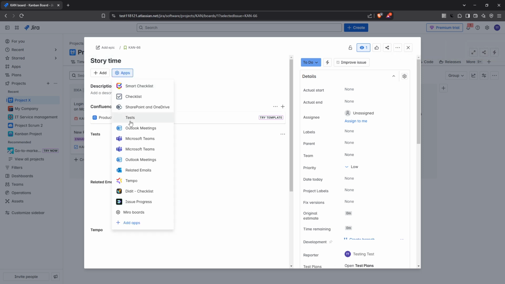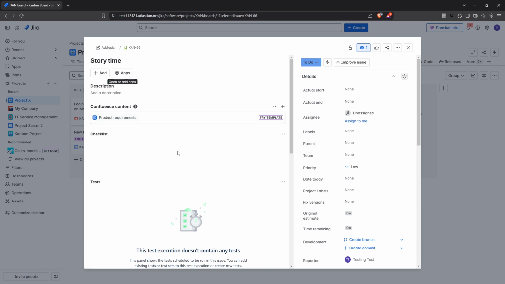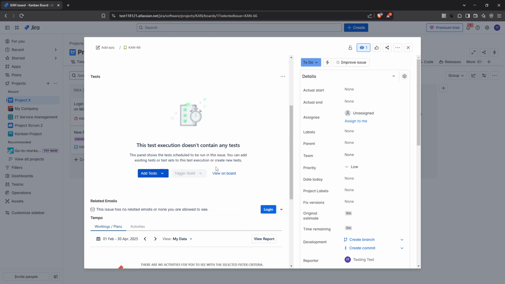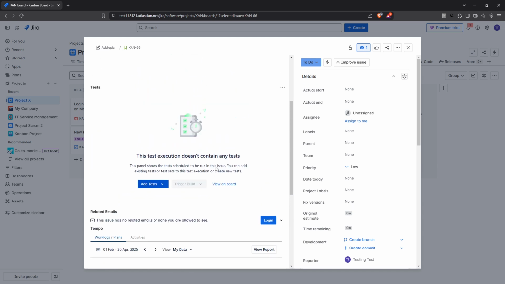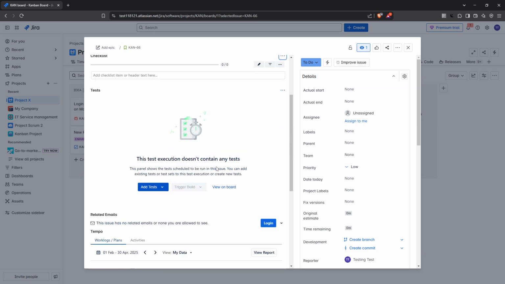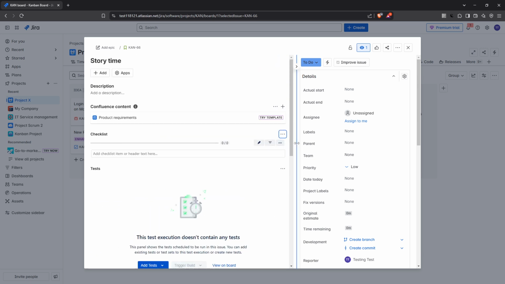To make use of that template you created, click on the three dots located at the right hand side and select Load Templates. You'll be presented with a list of templates you've created. Choose the appropriate template for your issue and then click Load Template. This action will automatically fill in the checklist section with the items from your template, turning your issue into a